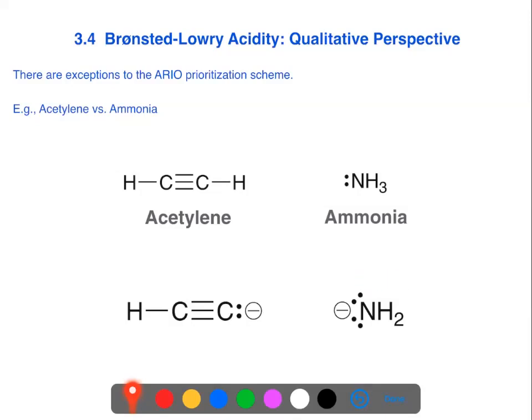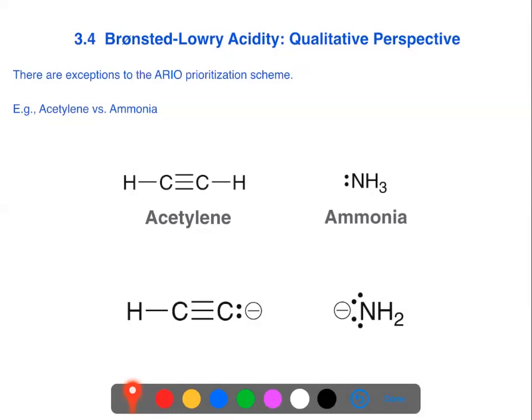And if we were to use our ARIO system, the first factor to consider is the nature of the atom, which is taking on this additional electron, taking on this additional formal charge of -1. And so if we were to compare the carbon in the ethynide to the nitrogen in the amide ion, we would say that the amide ion should be more stable based on the fact that nitrogen is more electronegative than carbon. As it turns out, experimentally, the acidity of these two species, ammonia and acetylene, do not follow the ARIO